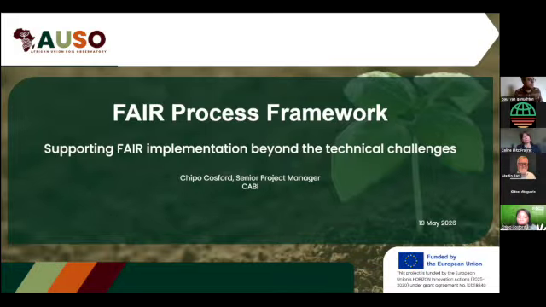So ISRIC is going to talk a lot about tools and resources that can help you technically achieve the FAIR. And what I'll talk about is what are the other issues that are surrounding the technical? What are the sort of things we need to be thinking about and addressing that might prevent us from even achieving success using the technical tools, if that makes sense. So as I go along, I'll talk about some of the issues that we've seen on the ground when we are trying to implement data-rich projects, and some of the resources that we've created to help break down barriers and achieve success.